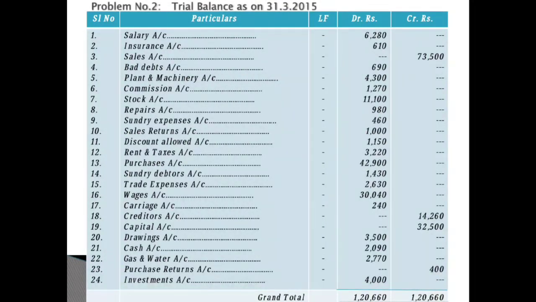Okay, now we have entered all the transactions with the respective balances, debit as well as credit. Now the grand total, how much are we having on both sides? 1,20,660. Both sides you should get the same, then only the trial balance is correct, otherwise no. 1,20,660 you'll get. If you have any doubt in this, definitely you can get it clarified, then you can solve the further homework sums. Okay.